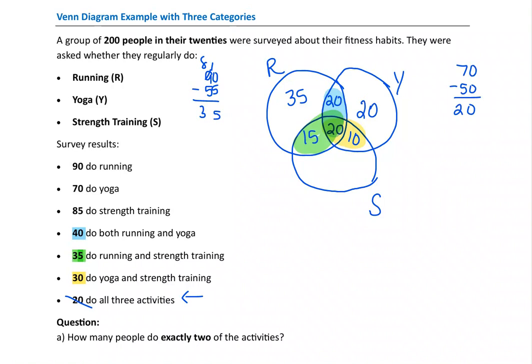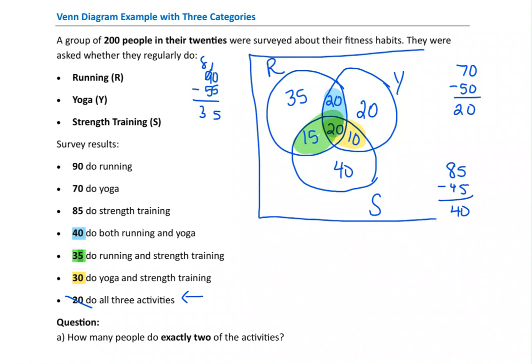Then 85 do strength training. So I've got 85 and I've got 30, 45 already in this diagram. So if I subtract 45, I'm going to get 40. Okay, so 40. Now the other category that we don't want to forget about is there are people in this survey that do none of those 3 activities at all. And how I would figure out how many are outside of those 3 circles, I would add up all of those numbers inside